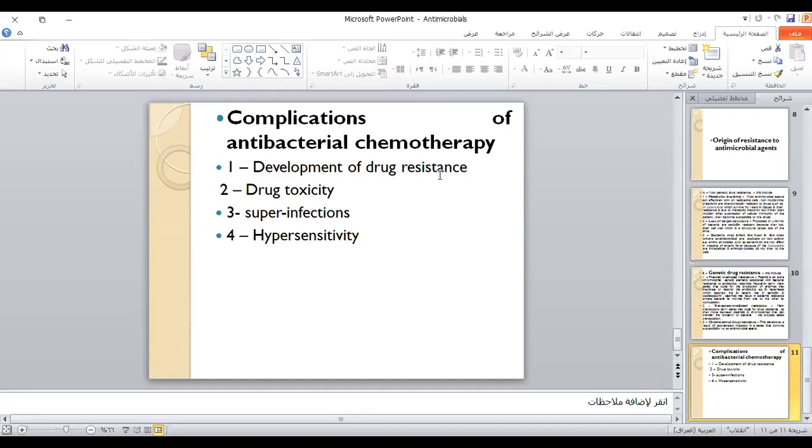واضحه هذه شباب الكومبليكيشن؟ نعم دكتور. اي دكتور. واضحه؟